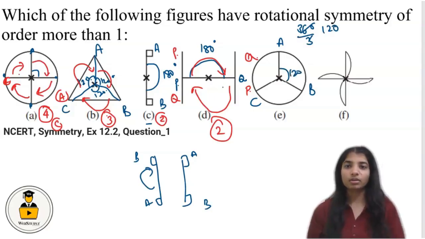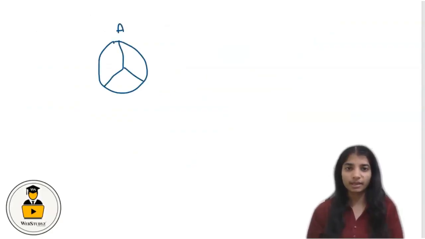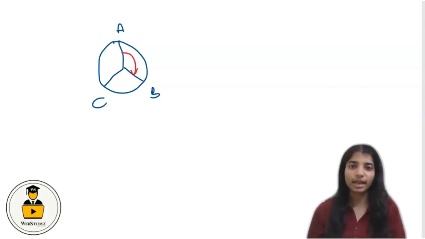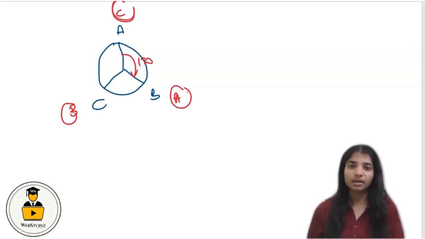So look here, this is our circle. This is A, B and C. If we rotate this A from here through an angle of 120 degrees, this A from here will be here, B will be here and C will be here. Now again if we rotate this through an angle of 120 degrees, this A will be here,